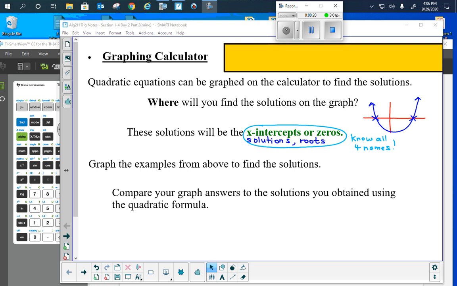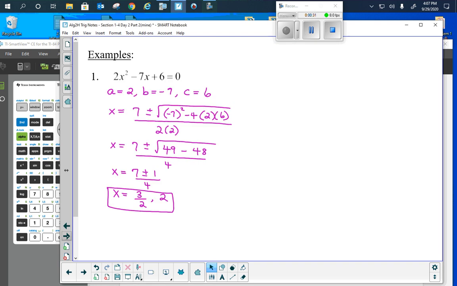Okay, so we're going to start by doing what we had at the bottom here of this page, comparing our graphs with the solutions that we obtained in the quadratic formulas. So from our previous notes, those four, all I did is I just took them in here. There's exactly the work that we did. And now we just want to compare it with what would happen on the graphing calculator. Okay, so if I come over here,